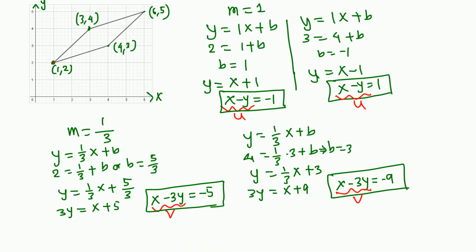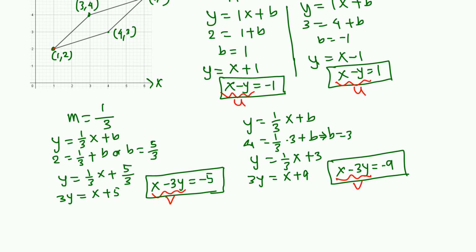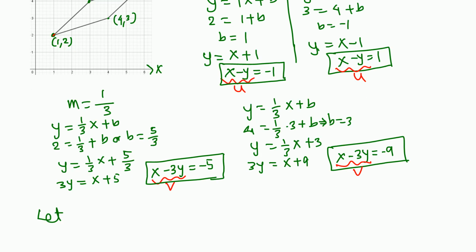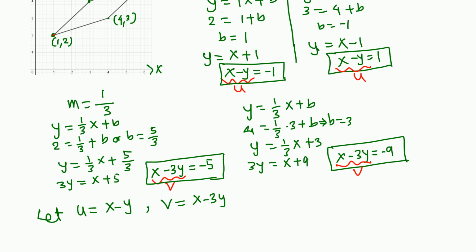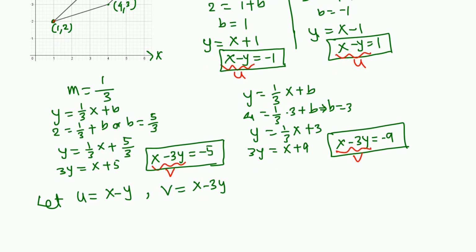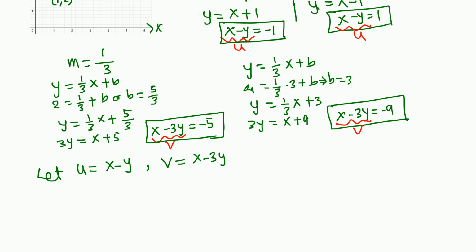and let's say here, let u be x minus y and v be just x minus 3y. Okay, with these, our new graph in the UV plane will be, let me draw over here,